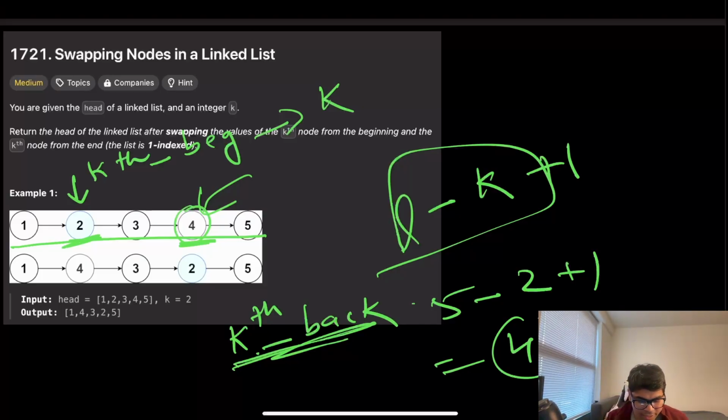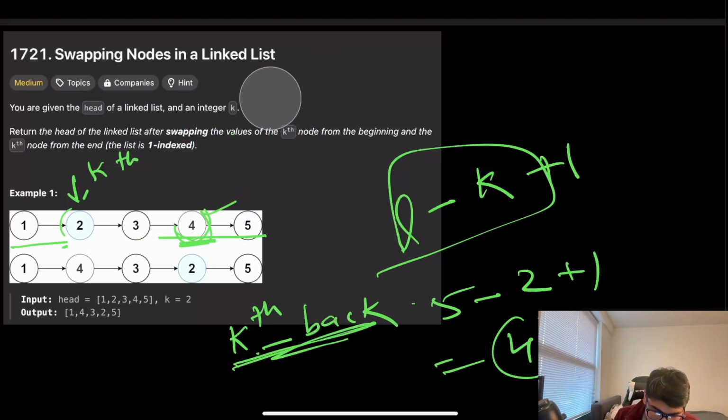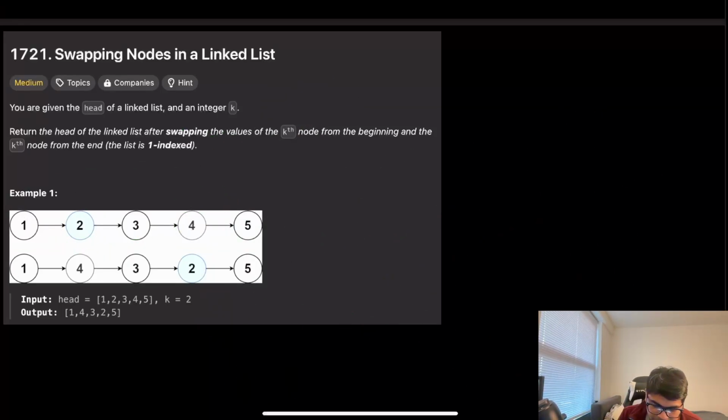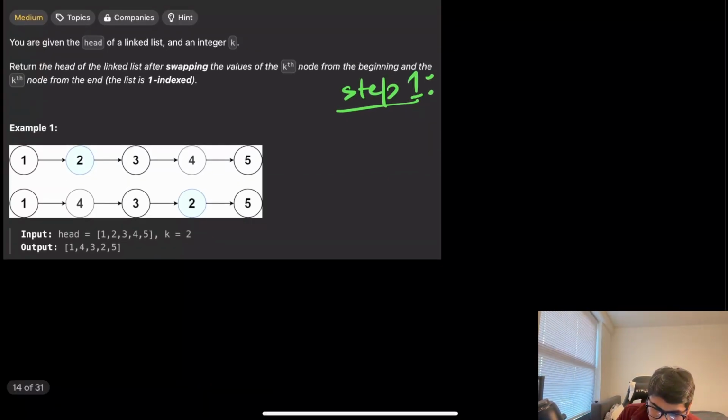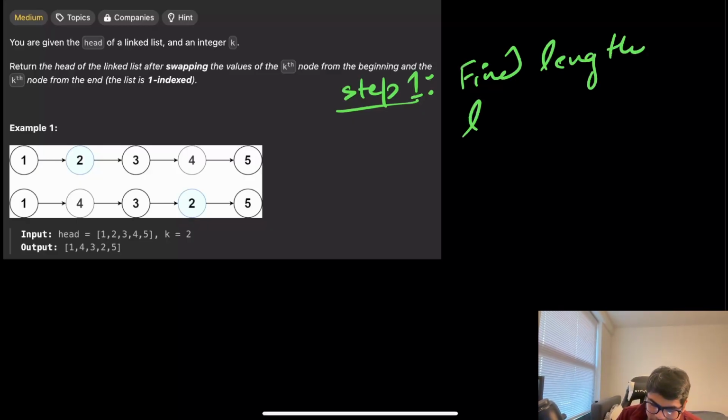Once we find those out, we just need to swap these values. I think that's easy peasy. So I'm going to note down the steps. Step 1, find the length of the list. Let's say the length is L. Okay, find the length. So I'm just gonna code it. Sorry about that. Once I find the length L, step 2 would be